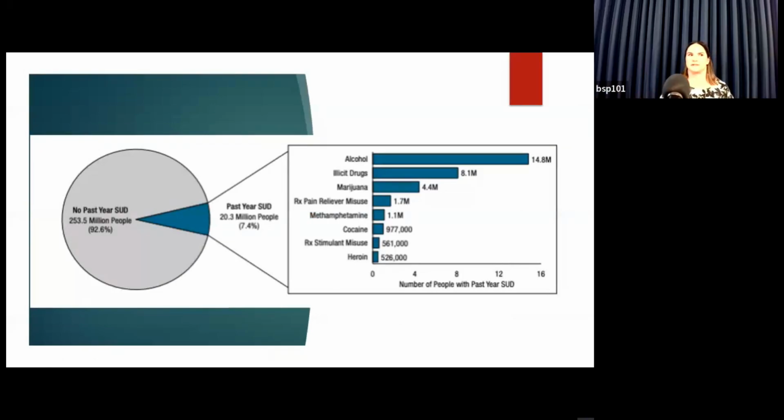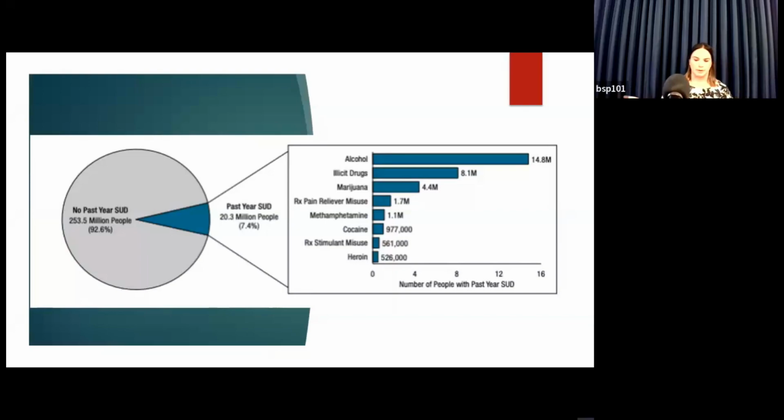That's people 12 and up. So that's like 6th graders and up. So hopefully the 6th and 7th graders aren't a huge piece of that pie, and it's mostly adults. And if you think about that number in a primary care clinic, you probably have 10 to 12 patients per session. So 1 to 2 people is going to probably have a substance use disorder, whether you identify it or not.